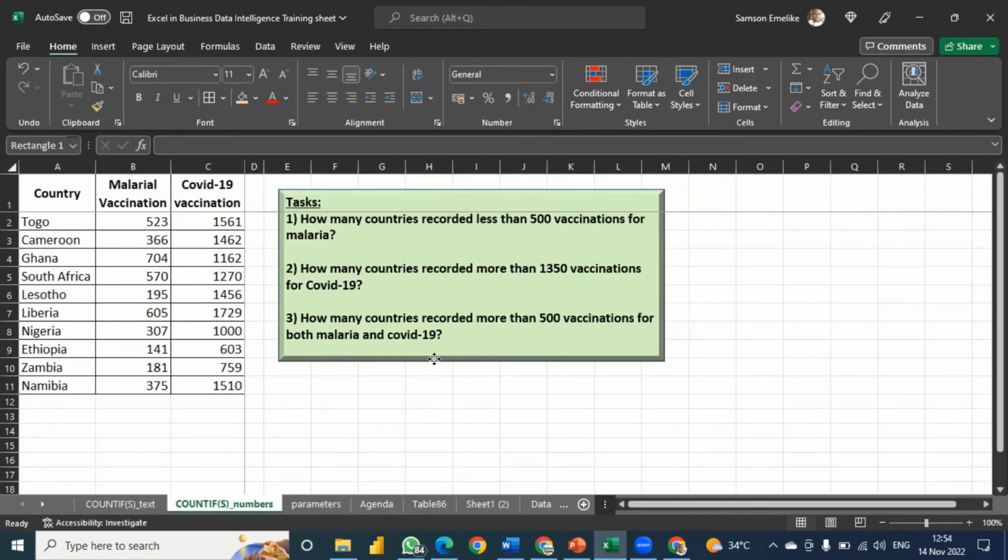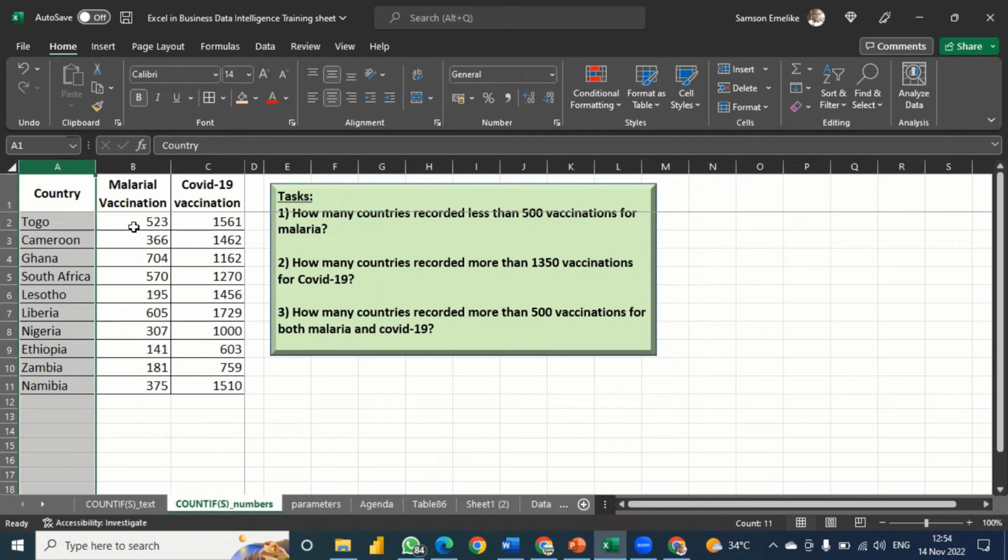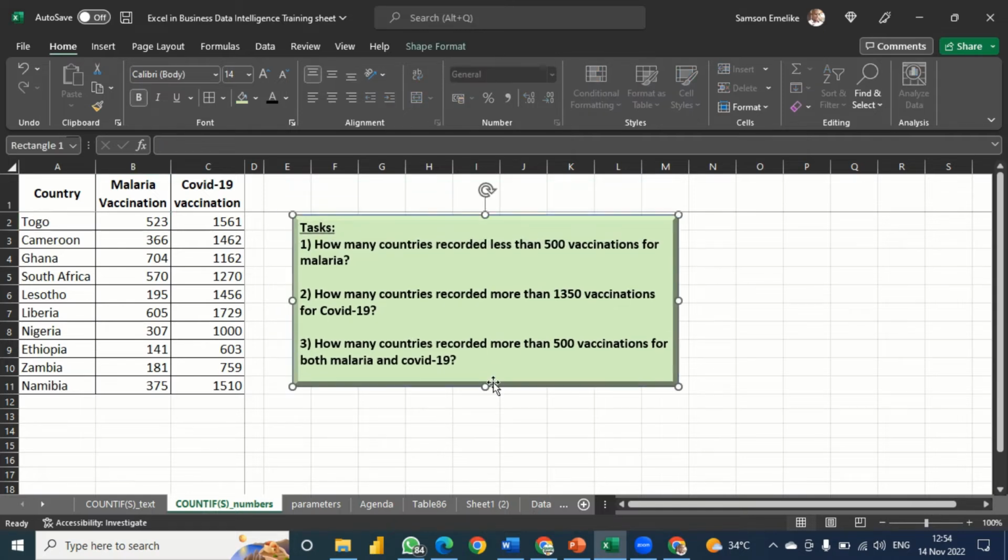So again, we have our task. Here we have a set of countries, 10 of them, and they recorded their vaccination for malaria and COVID-19. So these are the different values for each of these countries, their vaccinations. And we are interested in knowing what is happening. For instance, number one, we want to find out how many countries recorded less than 500 vaccinations